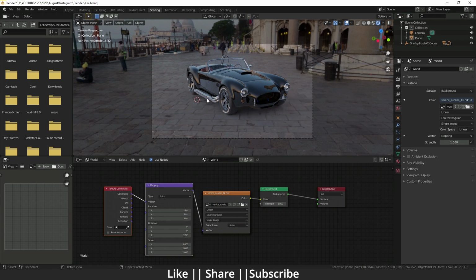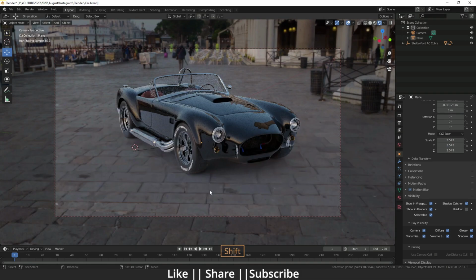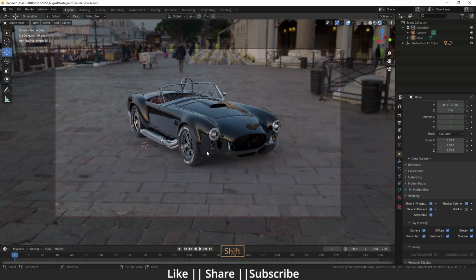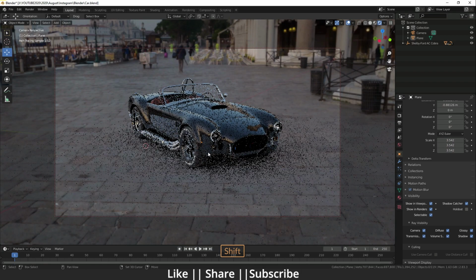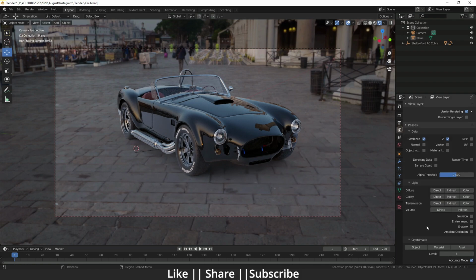Okay, so now if you want to move your camera a little bit up or down, you can do it like that. So now we have that same view. Okay, so now what I will do, I will go to the view layer properties, and